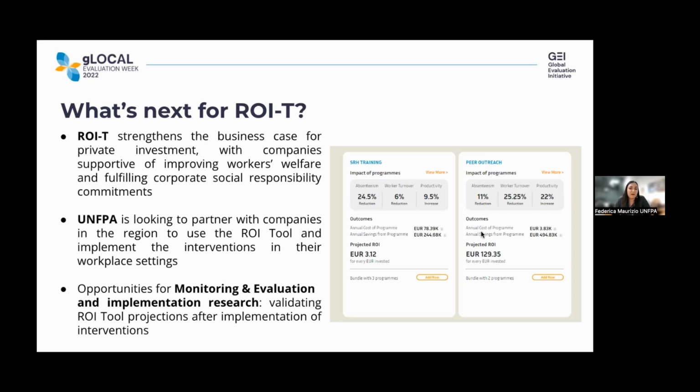So the next phase for ROIT at the moment is to, first of all, partner with companies, for example, like Shahi, who's here on the call with us, to really see if we can use the tool to make the projections first, see what the tool says in terms of the business outcomes, and then implement the interventions as suggested and measure the impact. So it really shows that there will be opportunities for using monitoring and evaluation frameworks or conducting implementation research to validate the projections that the ROI tool makes, and also to continue building the evidence base